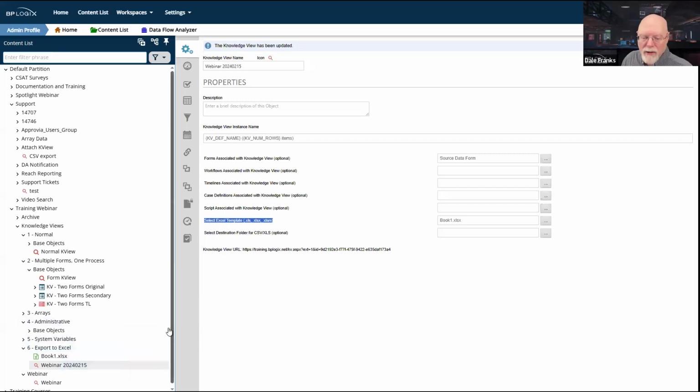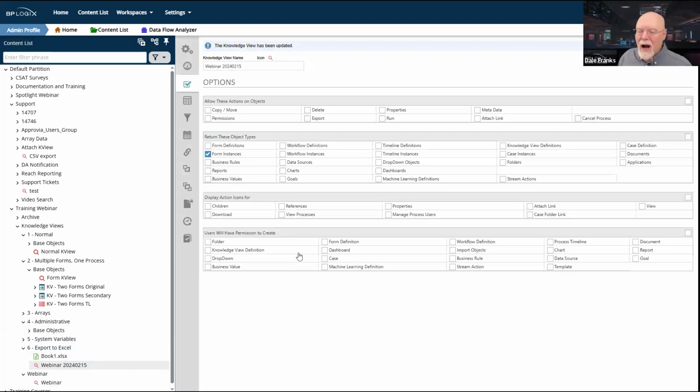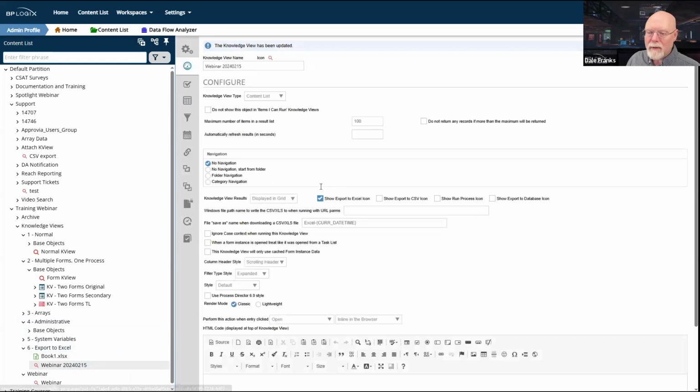So I have to create this Excel template. I have to upload it to the content list. And then in my knowledge view, I have to specify that Excel template as the Excel template that I'm going to use to export the knowledge view. So on the Options tab, on the Configure tab, I have the Export to Excel icon there.